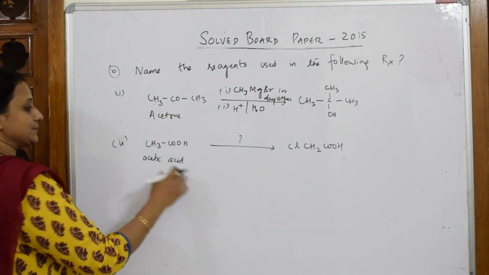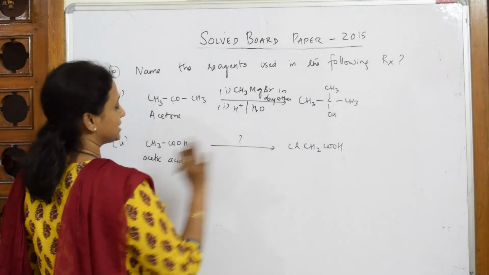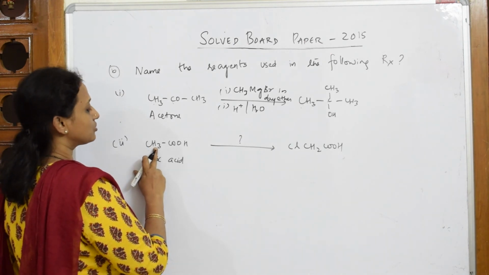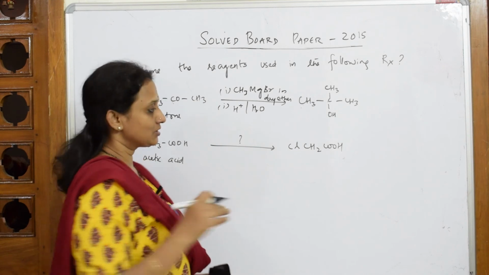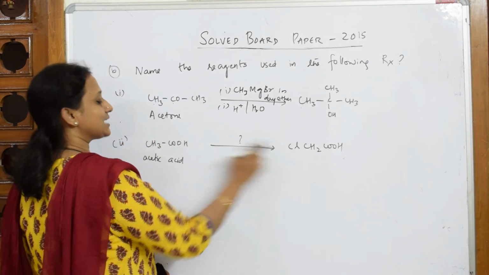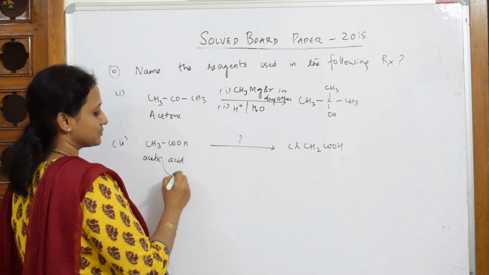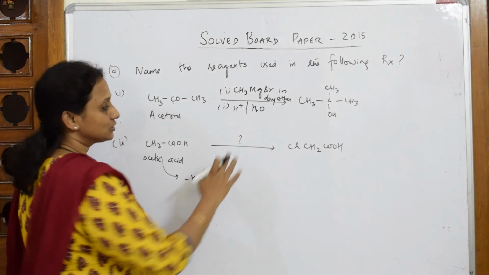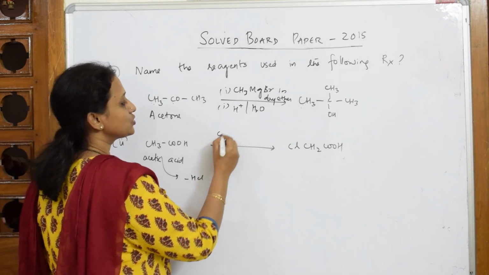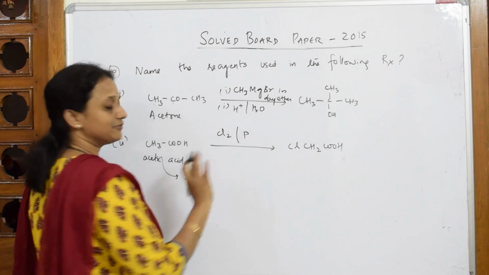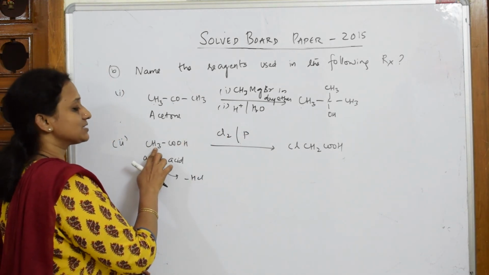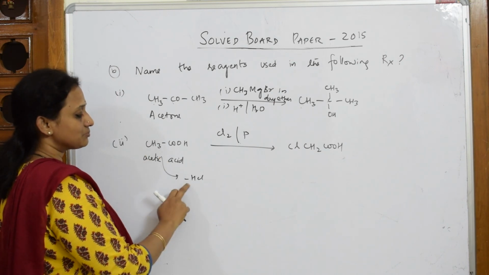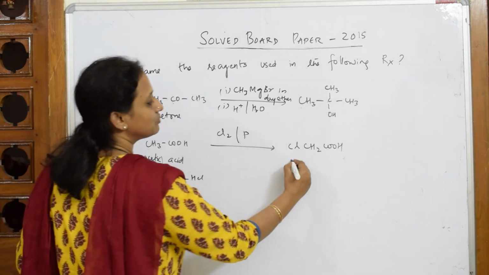Now let us come back and see. Acetic acid to monochloroacetic acid. What are you finding? One hydrogen got replaced by a chlorine. So there should be something to get this chlorine to me, so that this chlorine gets added to this hydrogen and HCl comes out. So what is the reagent? I can easily use chlorine in the presence of phosphorus. I feel this is the easiest example. So one chlorine goes and replaces the alpha hydrogen. That hydrogen comes out as H plus and I am going to get